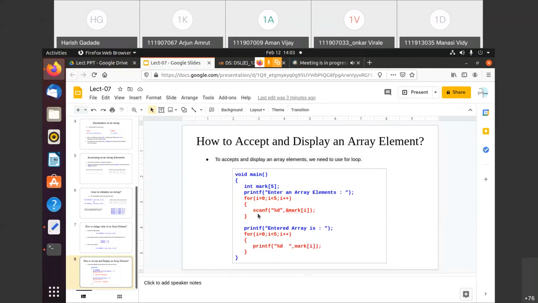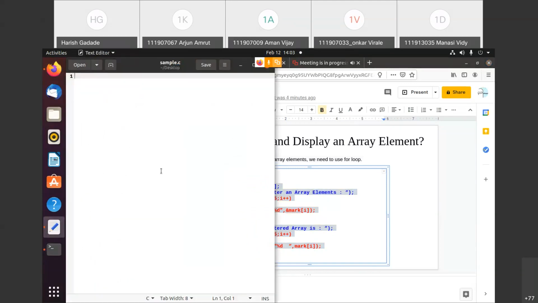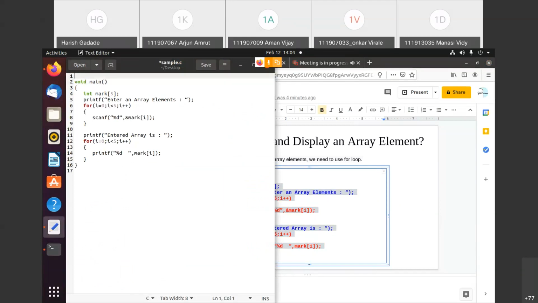So we will see, we'll copy this and try to run over here. Right? So again here that same problem would be there because I just copied it.